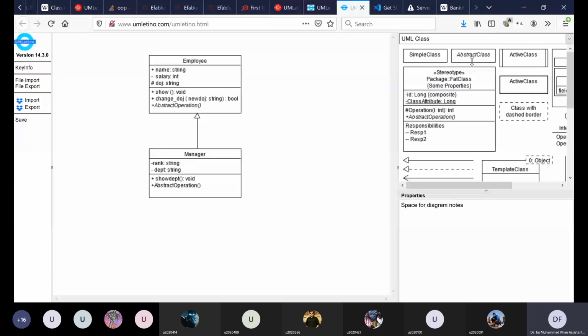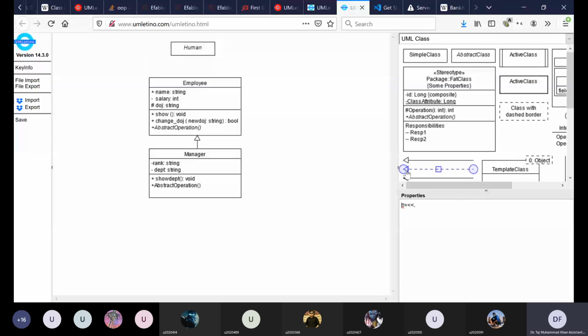So this is an abstract class, and the inheritance relationship with this abstract class is represented as this dotted arrow, and this relationship is called realization. Okay. Generalization and realization: realization is inheritance from an abstract class.